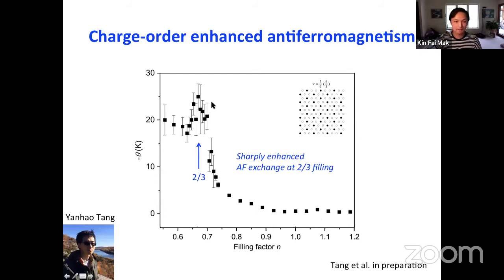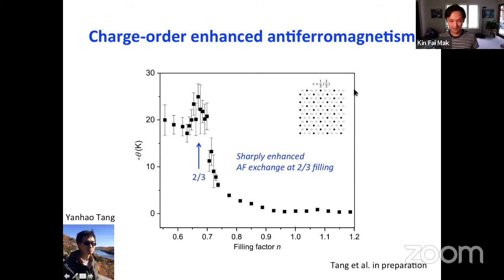this is a more carefully measured Curie-Weiss temperature using the technique that I told you about, the exciton sensing technique. And as a function of the filling factor, 1 here is the Mott insulating state we already talked about. At this 2/3 filling, with a charge order state with a honeycomb lattice structure, we can actually see a sharply enhanced Curie-Weiss temperature around this particular filling factor corresponding to a charge order state. And we can actually understand the physics reasonably well, why there is an enhanced antiferromagnetic exchange in this system